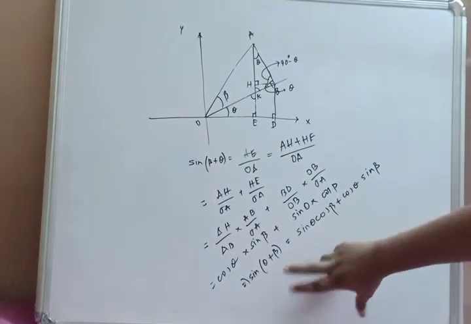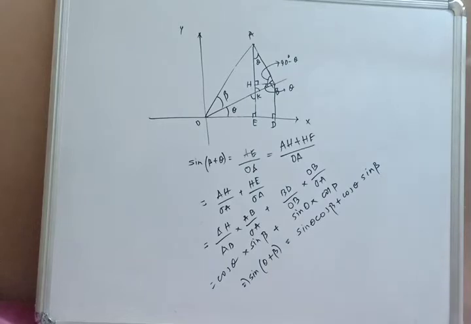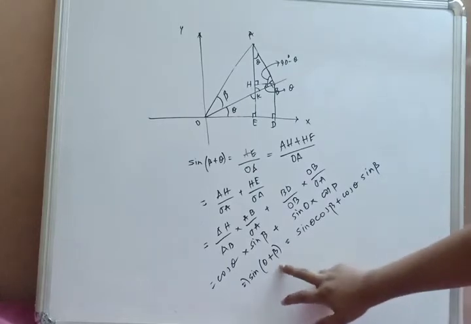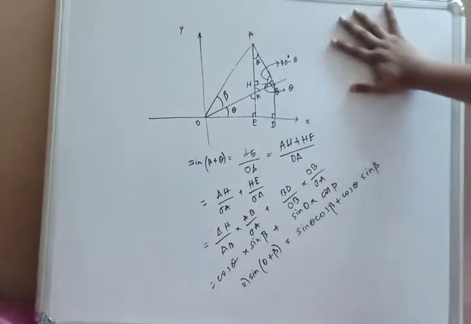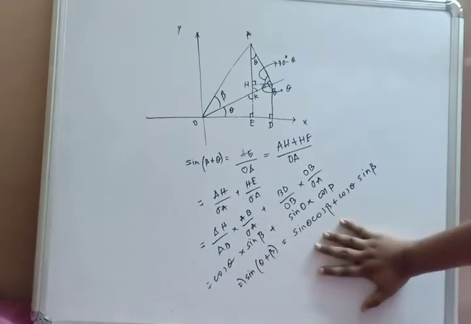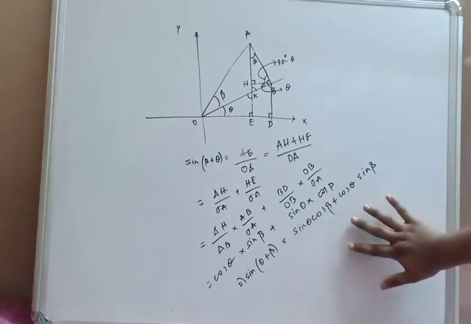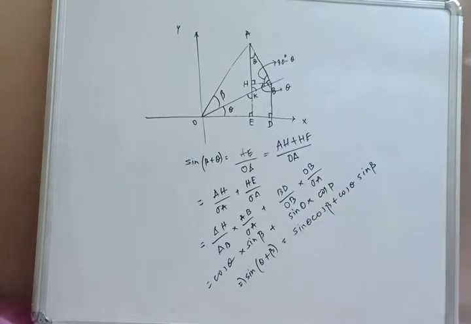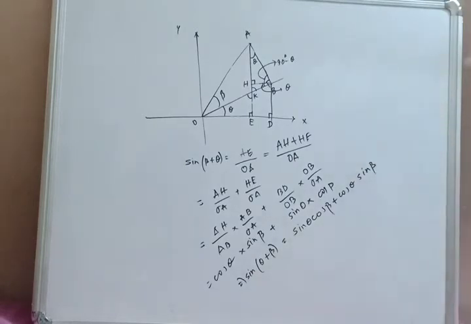If we put 90 degrees minus theta instead of theta, then making some manipulations you can easily calculate cos of theta plus beta. You can also do it geometrically, no problem, but this is the mother formula. You can utilize this formula to derive all other formulas. But I will show you now a method which will neither require any geometry nor any knowledge of compound angles, but you will get to the compound angles without any hesitation. So let's see that.